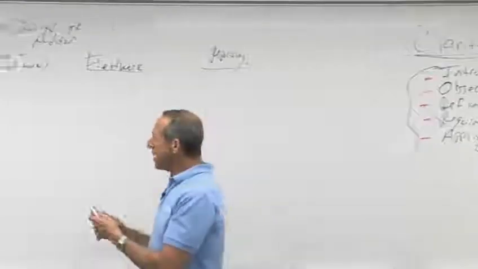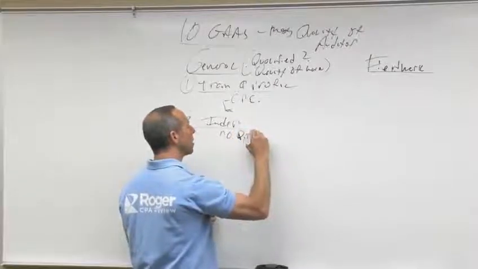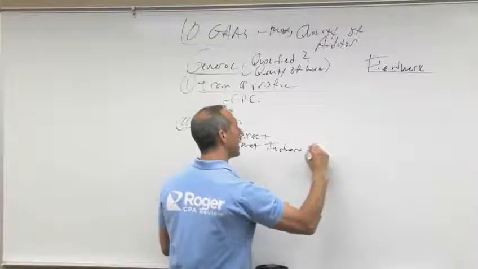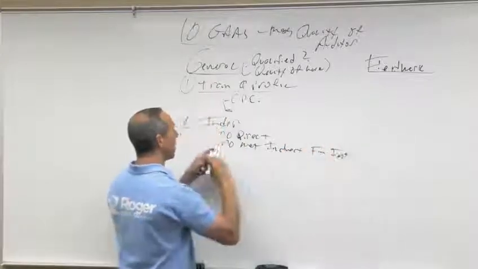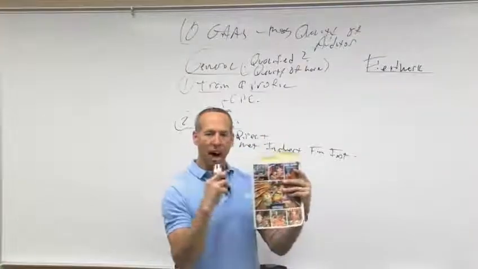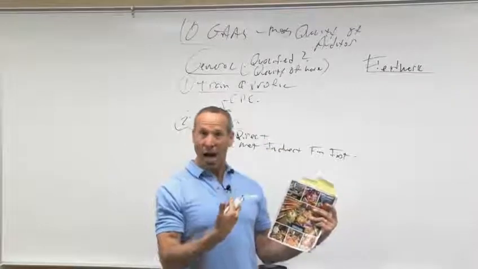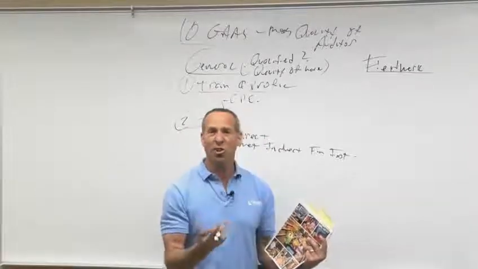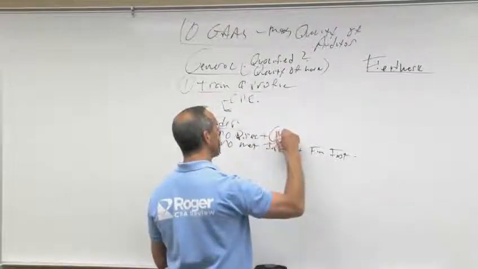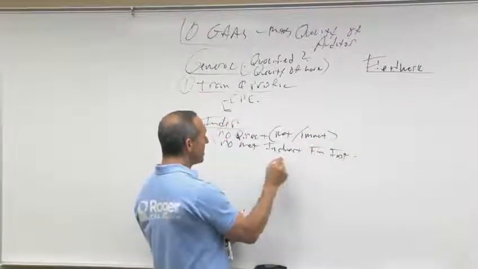Now, when we talk about independence, independence means no direct and no material indirect financial interest in the client. I'm going to expand on that later, but no direct, no material indirect. Let's say I'm auditing this entity. If I own stock directly in the company, if I give them a good opinion, what happens? Stock price goes up, my investment goes up. That's called a direct interest. So if I have a direct interest in the company, it doesn't matter if it's material or immaterial, I can't do it.